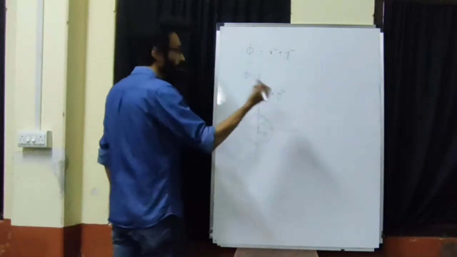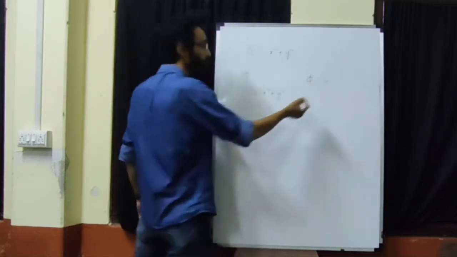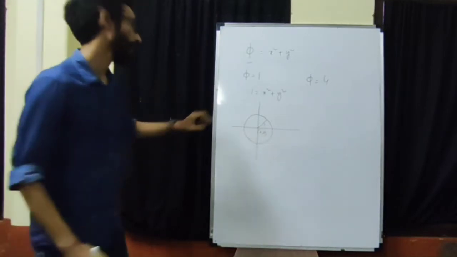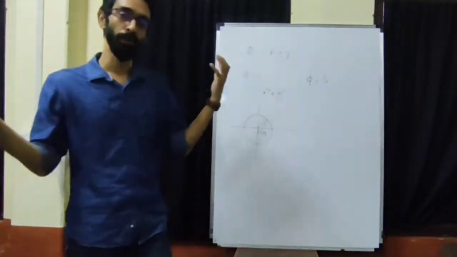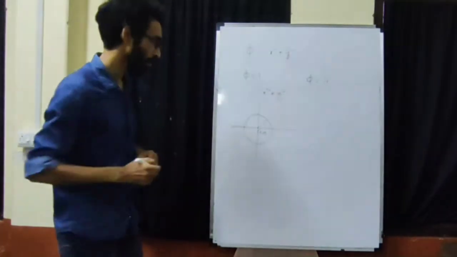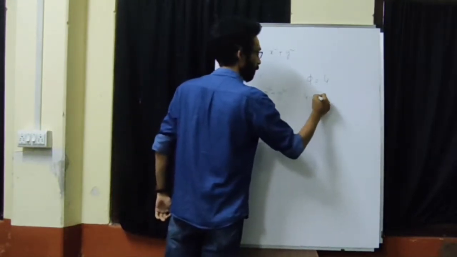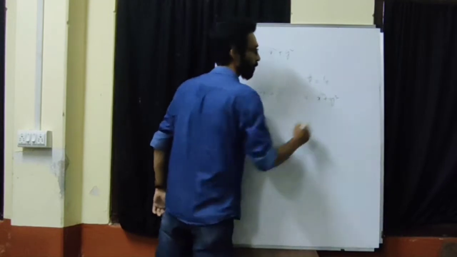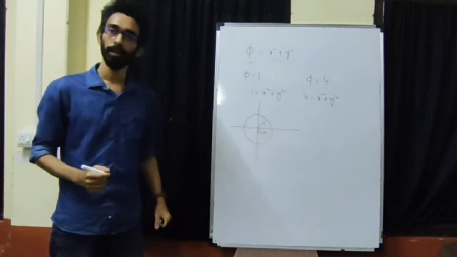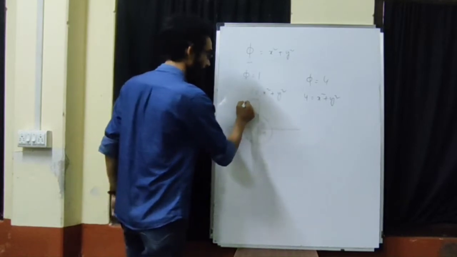If someone says, okay, let me take phi to be, let's say, 4. I am taking squares here because it will be easier to calculate or show. I can also take any other value, say phi could be 1.2, 1.5, but in that case taking the square root and finding the radius will be a little complicated. So let us take squares only. So in the second case, we have a circle with the same center, a concentric circle, but now the radius is 2. So this will be a bigger circle.